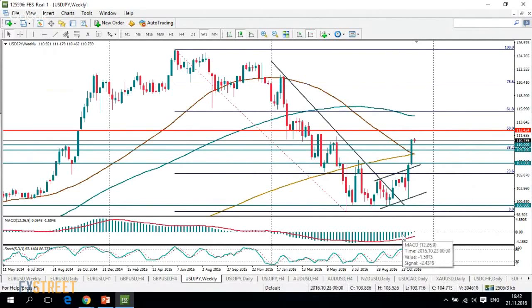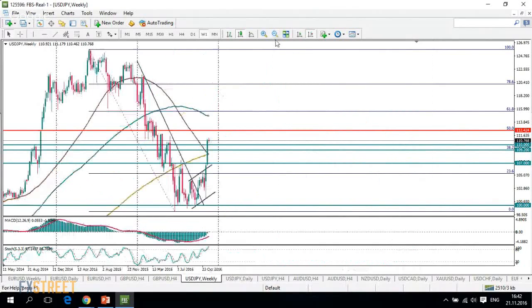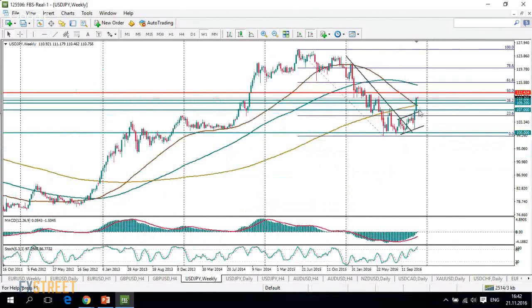MACD indicator shows us that there is still potential for increase in this pair, but as the rally was very intense, we can expect a kind of correction to the area of the moving averages line, to the area of 38.2% retracement at 109.20 before the US dollar will try to test higher levels and will try to get to